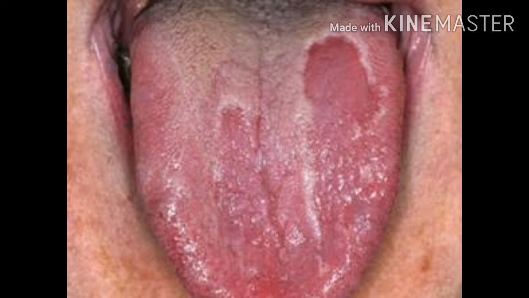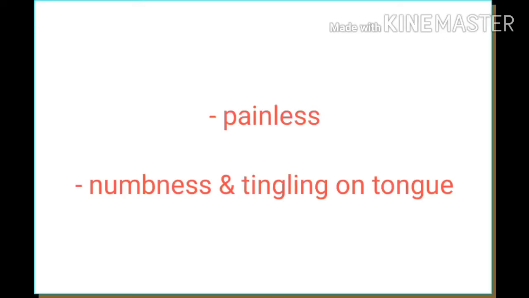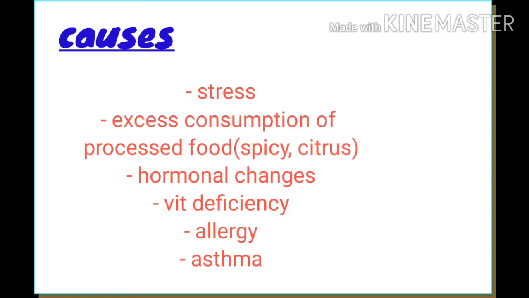And when you observe it very keenly, you will be able to notice that there is absolute absence of papilla in the affected areas. This lesion is often painless, but the patient complains of numbness and tingling sensations on the affected site of the tongue. So let's see what are the causes of this lesion. Stress, excessive consumption of the processed food along with the spicy and the citrus food, hormonal changes, vitamin deficiencies, allergy